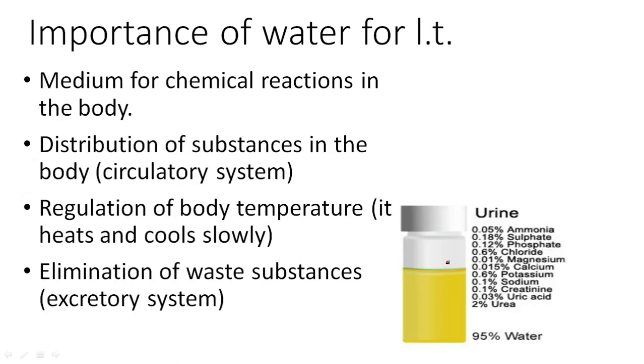In living things, water is very important because it's a medium for chemical reactions. Also, it distributes substances in the body because it's a good solvent, it can dissolve a lot of substances, minerals, and so on, and they can be transported by the bloodstream